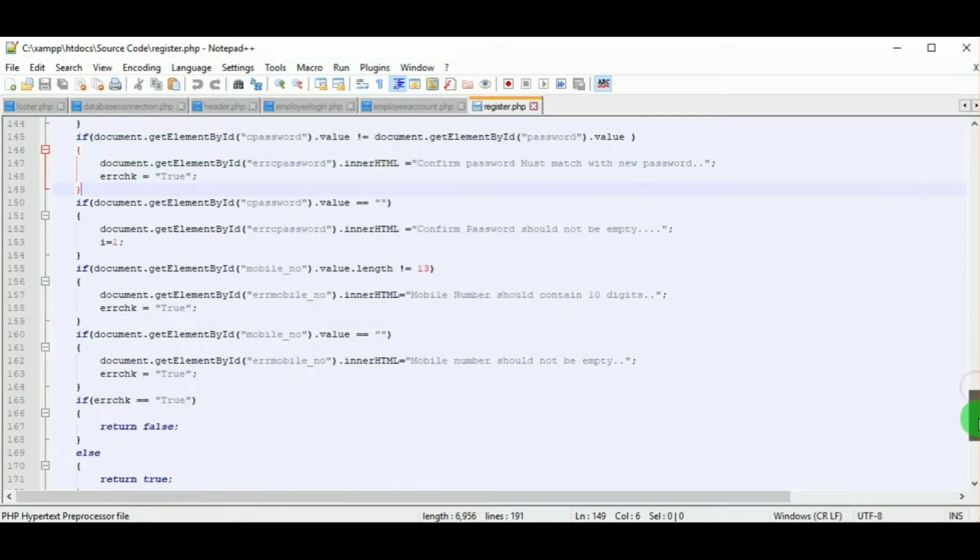The confirm password must not be empty, and the mobile number here should be less than or equal to 13. So within 13 characters the mobile number can be. More than that it cannot be. So here we must mention it should be less than, it should not be equal to 13 characters.